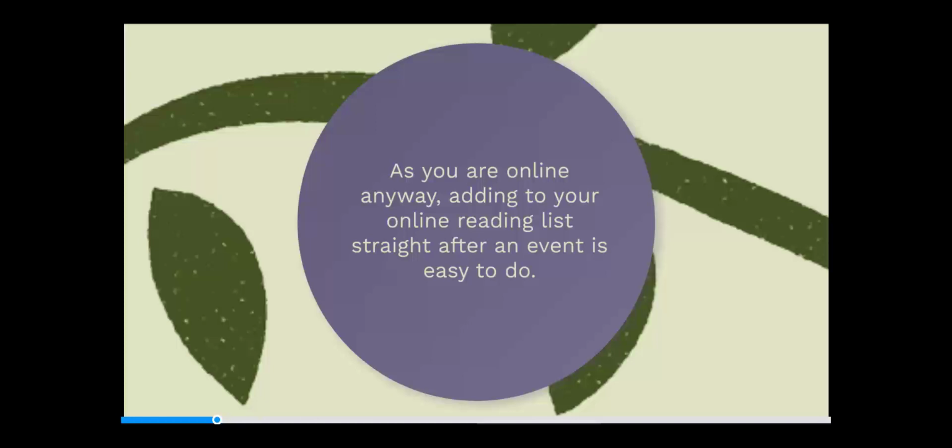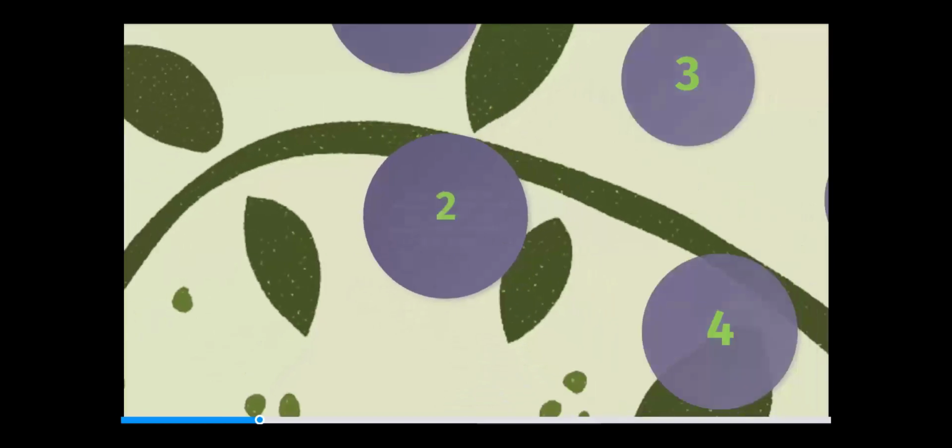It could be in a session that somebody has mentioned something you might want to read or look at, or a link to something online. So it's a good idea to think about, is my online reading list absolutely as good as it needs to be? And if you have an online reading list, the chances are you could put notes in it. So you could maybe make some notes against some of the recommended sources about how you might use your reading list more effectively for your assignments or for the next online learning event.